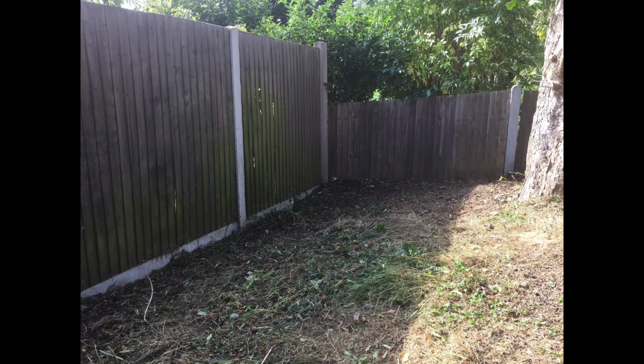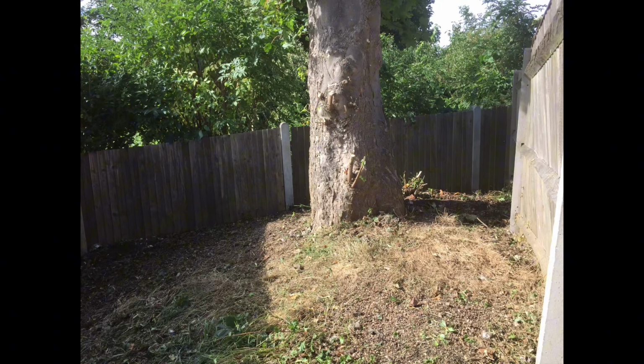And we left it like that for quite a few years actually, before we went back and revisited it. We just kept it tidy, we kept the grass down. But then in 2020 we had the tree removed. They took it right down to the stump, and then back in 2023, I think it was,